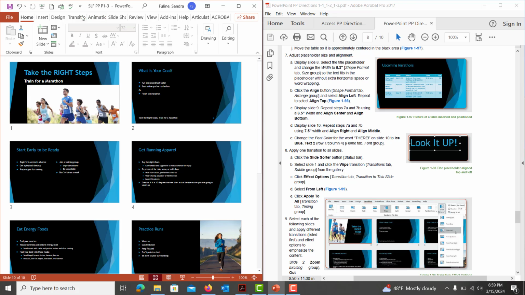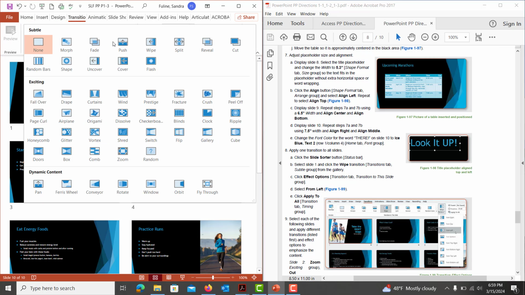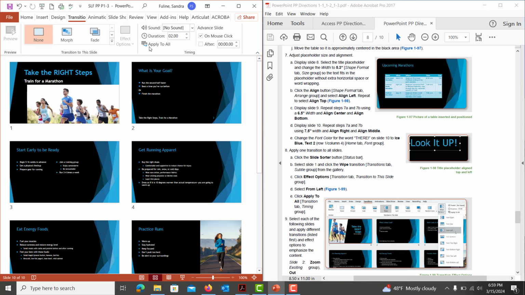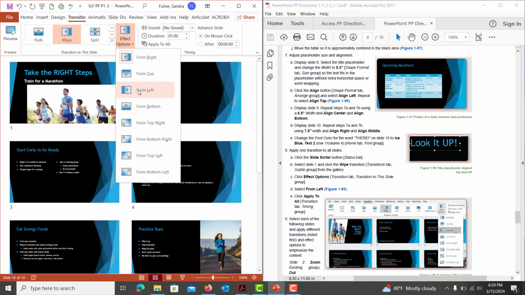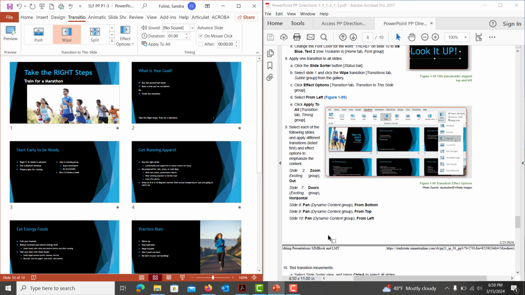So we are going to go up to transitions, and we are looking for the wipe transition. So right here in the subtle group, we're going to click on wipe. And then after you apply the wipe, we are going to hit effect options, and it's going to be from left. And then we are going to hit apply to all. So there will be a little star on each slide indicating each slide has the same transition